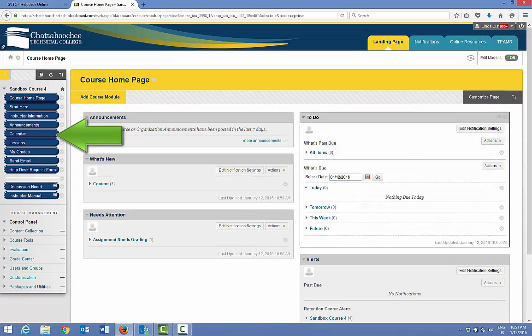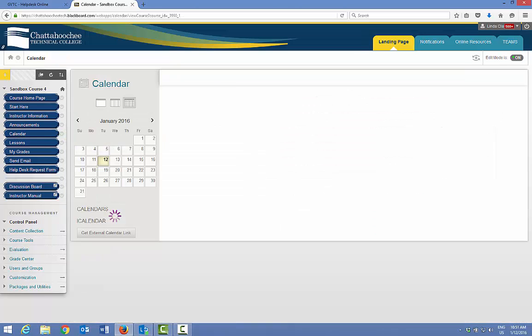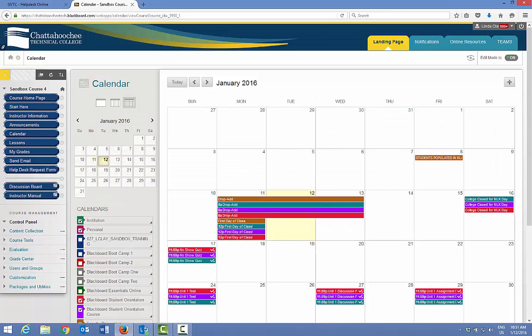The Calendar menu item gives students access to Blackboard's calendar for all of their courses, and it gives you, the instructor, access to the calendar for every course you have taught at Chattahoochee Tech, if that course uses Blackboard. To access the calendar, you click the blue Calendar menu item, and Blackboard's calendar loads. Notice that on the left,